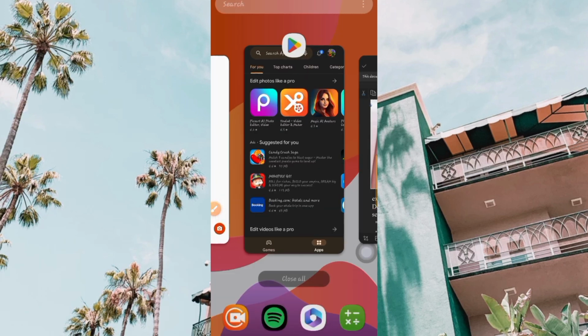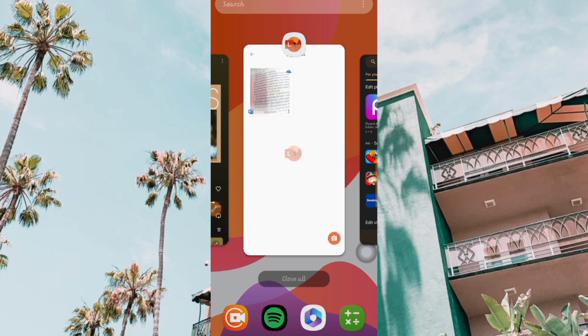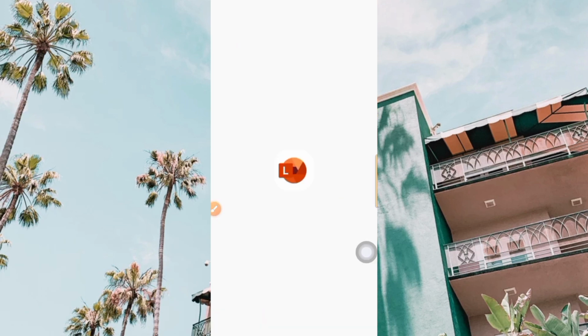And another interesting feature of this app is that after scanning, you can ask it to read